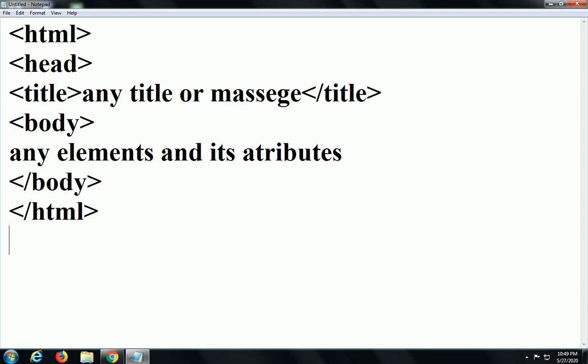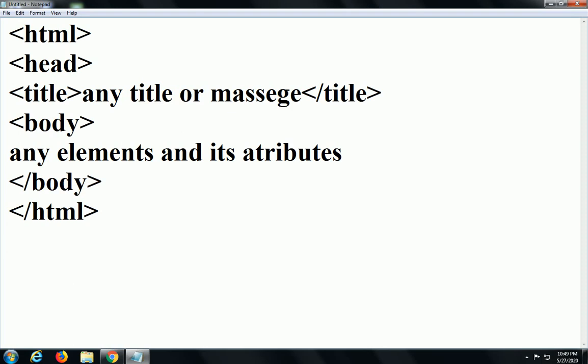H1 is the highest or most prominent heading level, whereas H6 is the lowest heading level. H1 displays the name in bold, larger letters, and H6 is the smallest letter to be displayed.